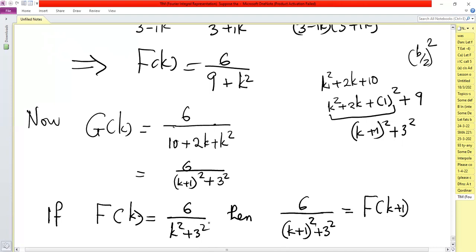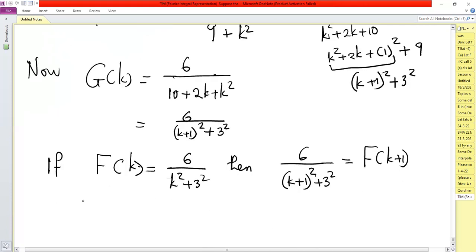We see that the structure is the same, only this part is what you're changing from k to k plus 1. So this implies that g of k is the same as f of k plus 1,